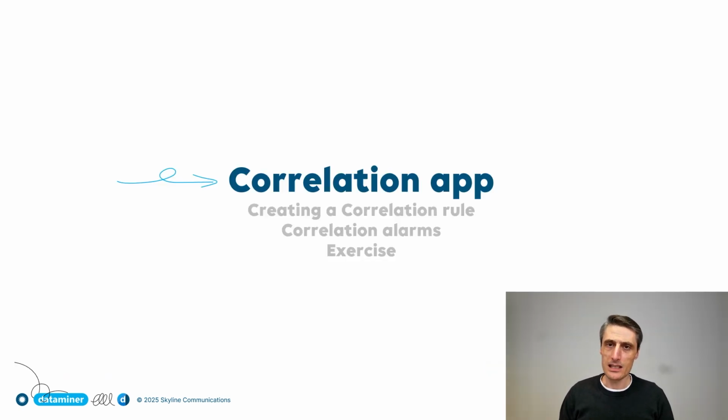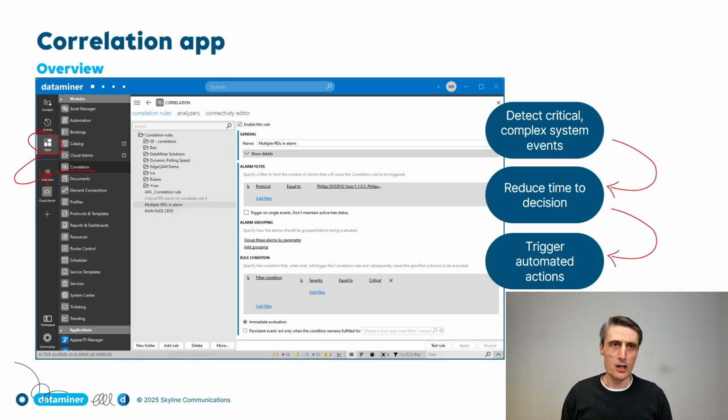All right, so the correlation app is the app we want to use to build our correlation rules. Within the apps section of your Cube, you will find the correlation app, and it shows you on the left-hand side all the correlation rules, and on the right-hand side the details of the selected correlation rule. So the correlation app allows you to define all the rules and all the knowledge you add into that correlation engine